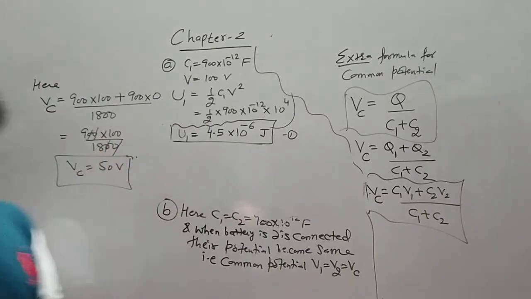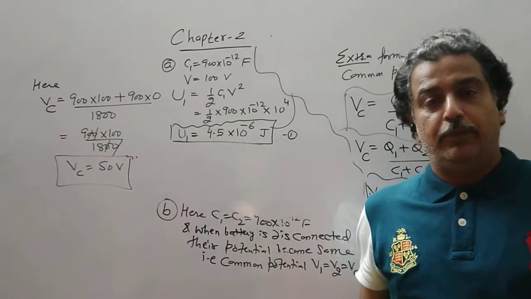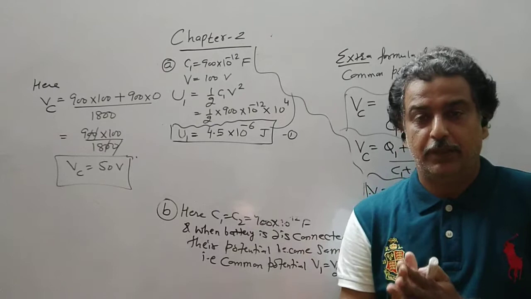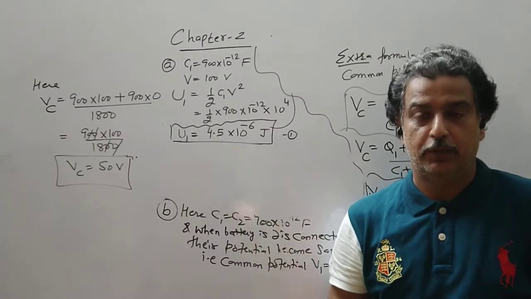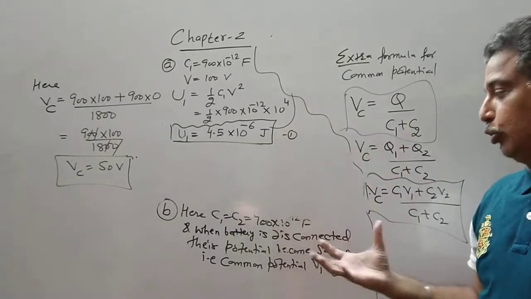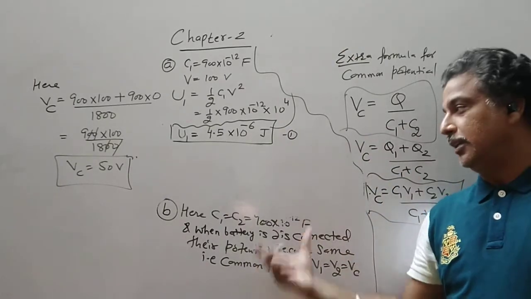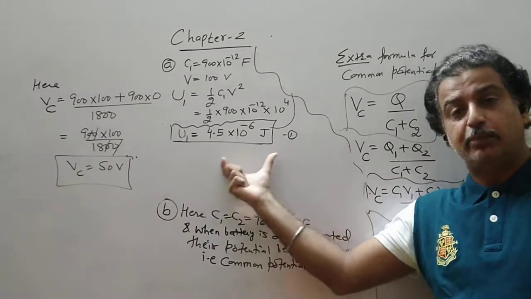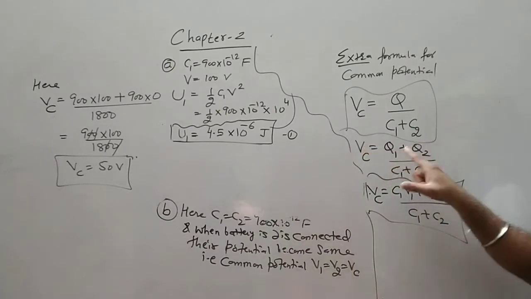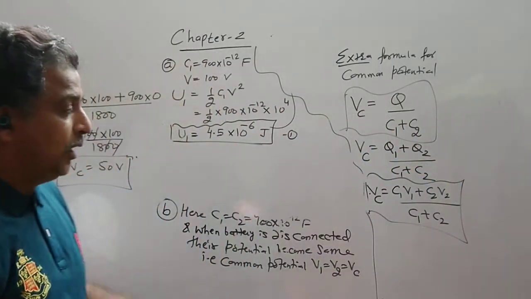So this is the common potential. If C is same, Q will be same because V is same. So here I will not be using the concept of V throughout. If I want to use the concept of Q, then you find the total Q in the first portion itself. There is another extra formula to find out Q1 and Q2 also. That we will do again.